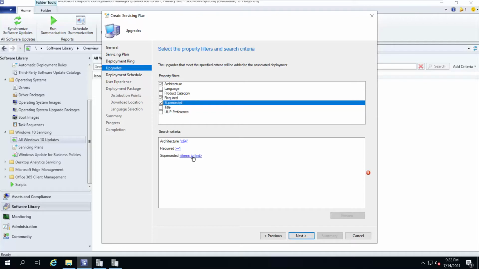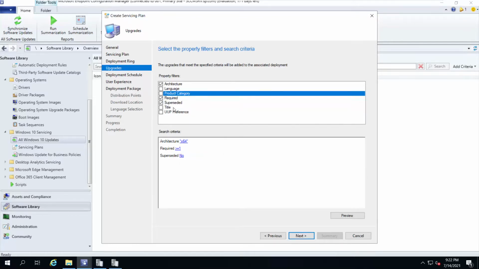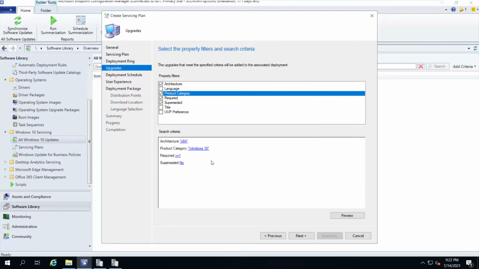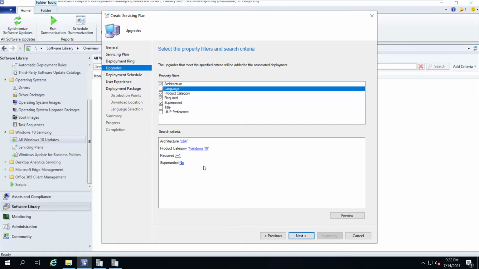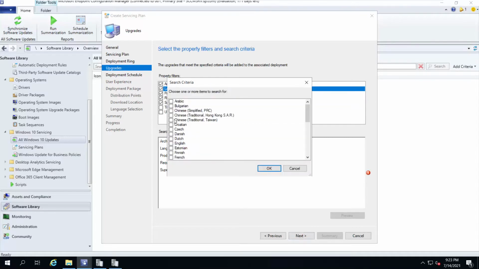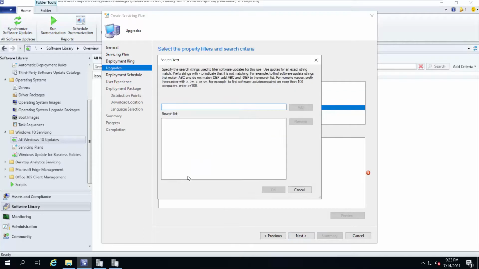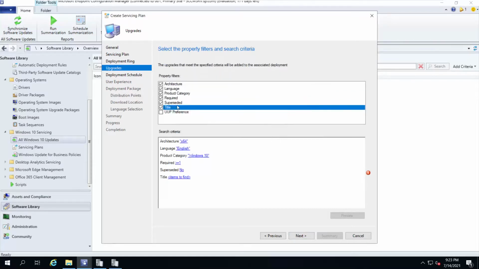Then superseded, I don't need any superseded updates, yes, no. Then product category, I can define a product category for which updates I need, for example Windows 10. Then language, which language I need, so I can define the language also. Let's say I'll need English language, right? Then title, so title can be anything, so you can define it.